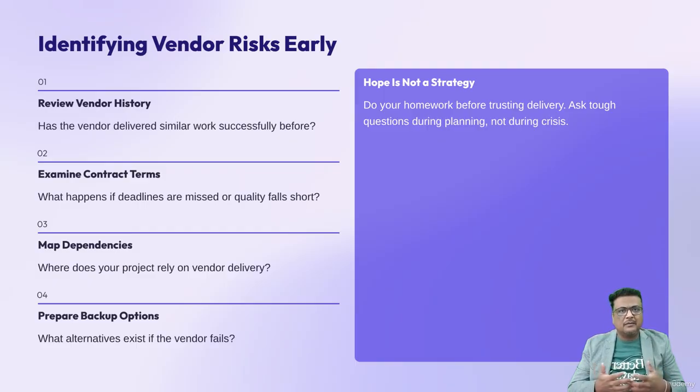I once asked a team what they would do if their main vendor failed, and the answer was, "We hope that won't happen." You've probably seen this kind of optimism. Stay with me here. Hope is not a strategy. So now that we know how to identify vendor risks, the next step is understanding how to manage and reduce them. That brings us into response strategies.